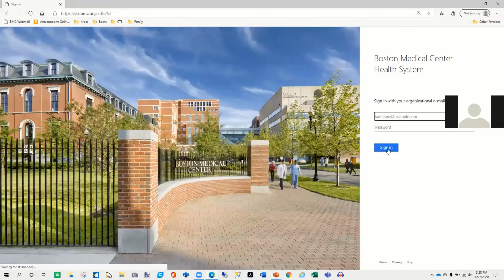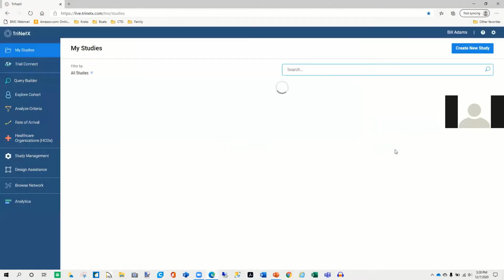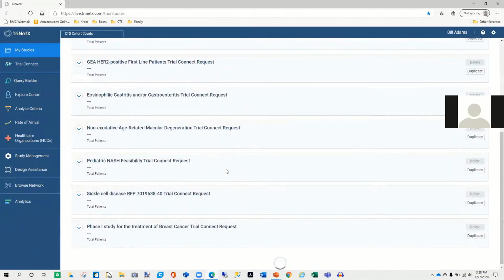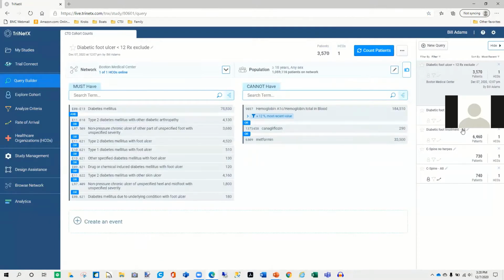And I just log in with my BMC username and password. And you can see that same thing. Since I'm an administrator, my studies are pretty much every invitation that we've had. But today I wanted to mostly focus on some simple queries. So the first one I could just do for you in pretty real time is